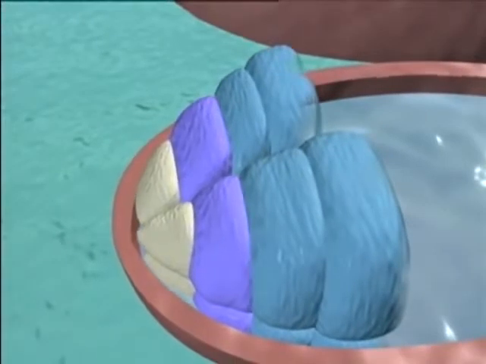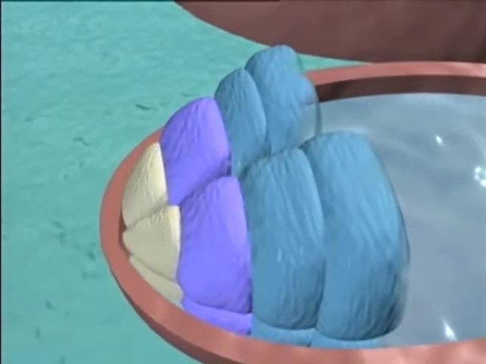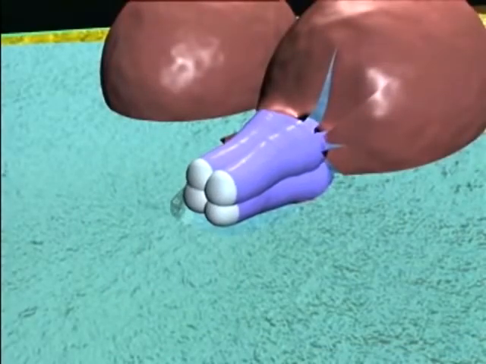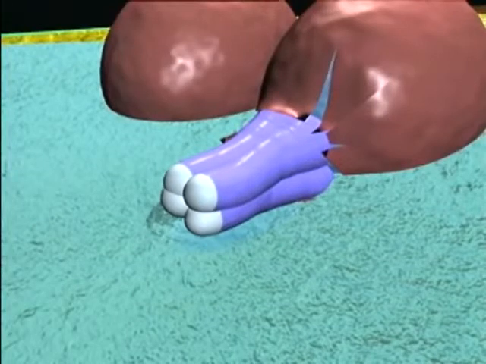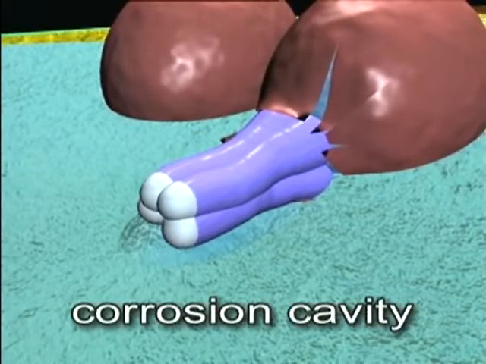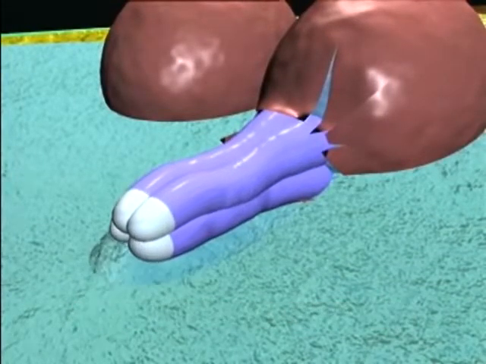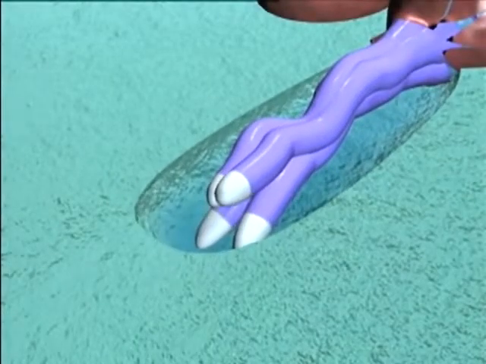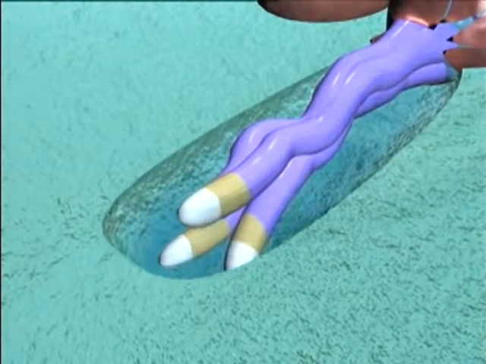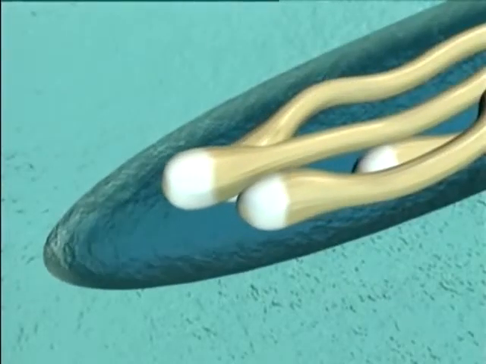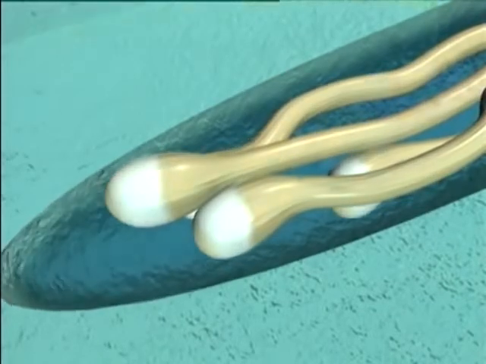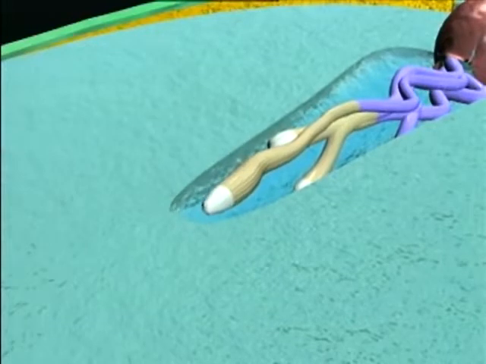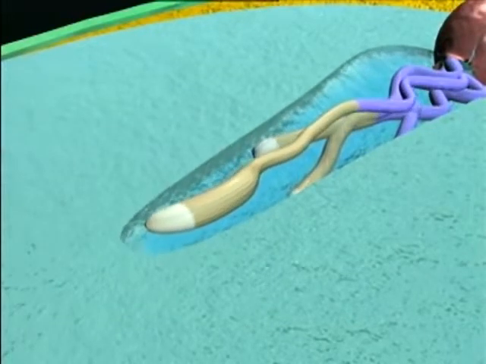The suspensor initials elongate, first pushing the embryo initials up against the wall of the archegonium, and then out into the female gametophyte, where breakdown of adjacent tissue creates a corrosion cavity. The 4 initial cells separate, and each begins to form an embryo and additional suspensor cells, which push them further into the female gametophyte. Intense competition between the 4 young embryos for nutrients and space results in only 1 embryo